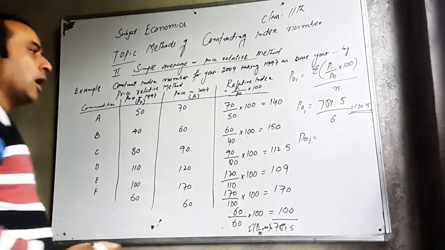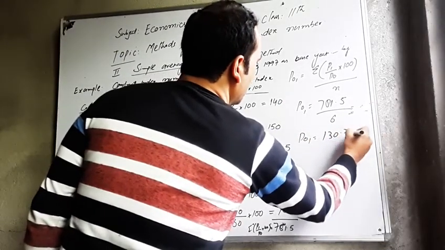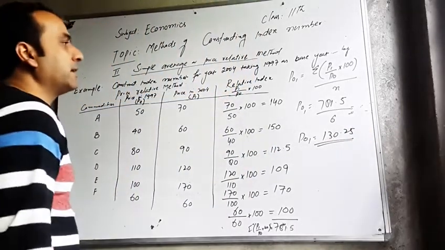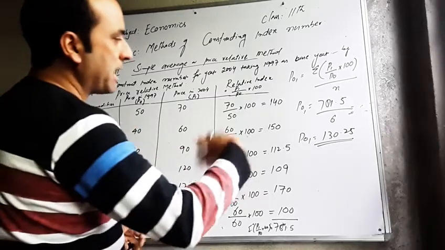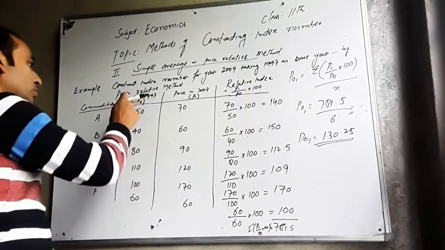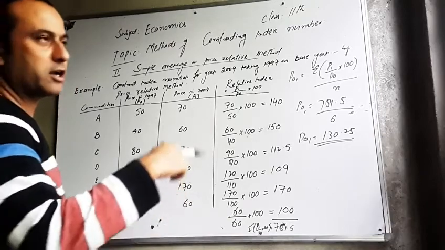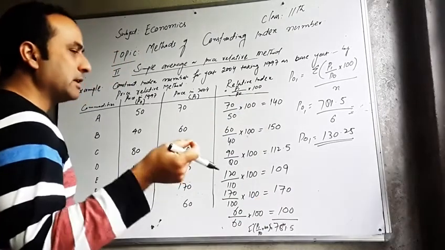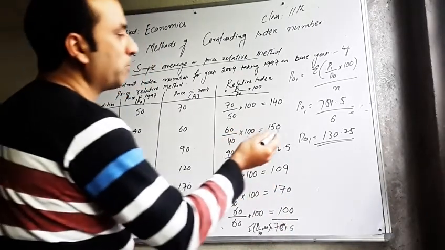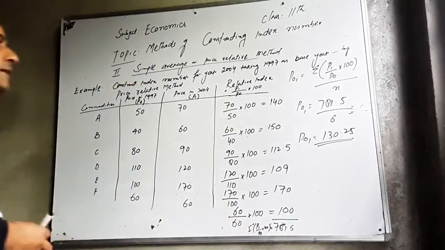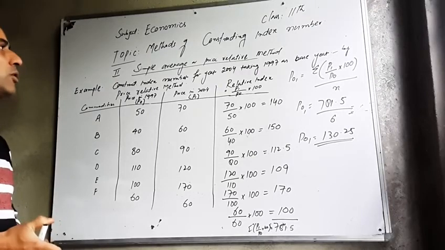That means, as I have earlier told you, the base year is taken as 100. That means how much price has changed? It has changed from 1997 to 2004, from 100 to 130.25. So what is the inflation rate here? How much has the price level risen? It rises 30.25%. So this is the relative index, and this is how to construct it by the simple average or price relative method.